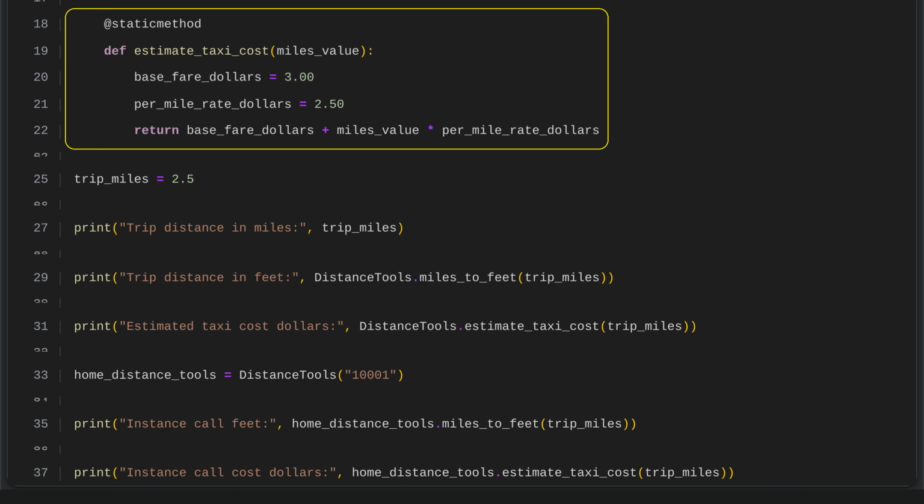The estimate taxi cost method is a static method, meaning it does not use any data from a specific object or from the class itself. It estimates the price of a taxi ride based only on the distance traveled in miles. The method starts with a fixed base fare of $3, then adds a per mile charge of $2.50 for each mile. It returns the total estimated cost by adding the base fare to the distance in miles multiplied by the